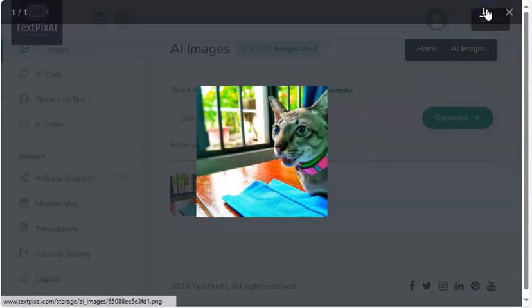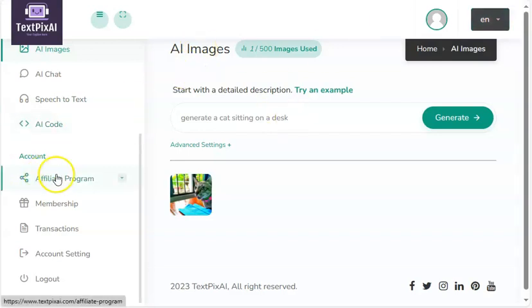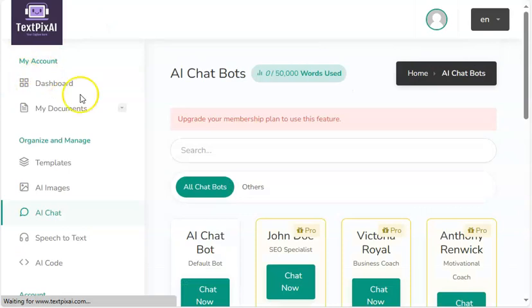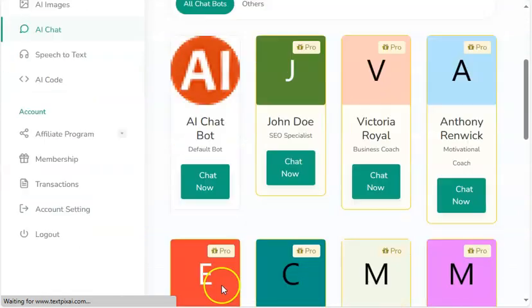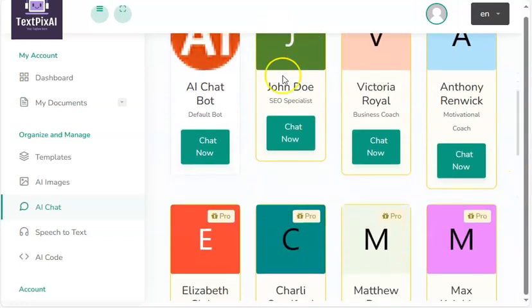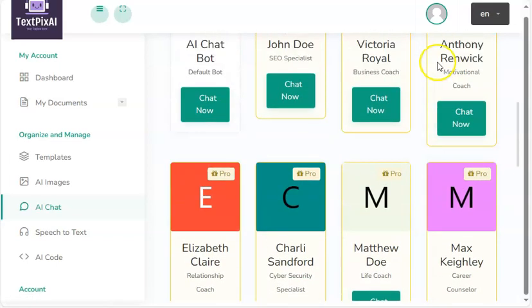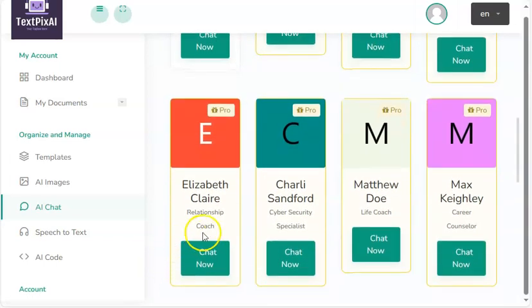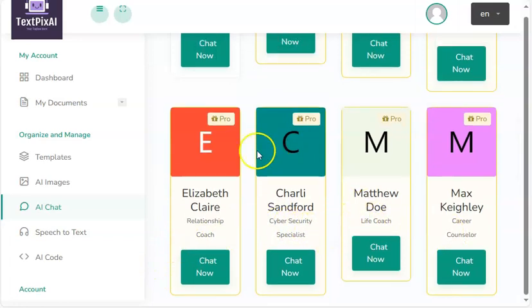So all you need to do now is to save your image. So if you want to download, you click here. If you want to close, you close here. So I'm not downloading, so I'll just close. And then if you want to chat with an expert, you click here. These are the chats, these are the experts. So as you can see now, for you to be able to use them, you must be able to subscribe. This is Jendo, SEO specialist, business coach, motivational coach, relationship coach, cybersecurity, life coach, career counselor,